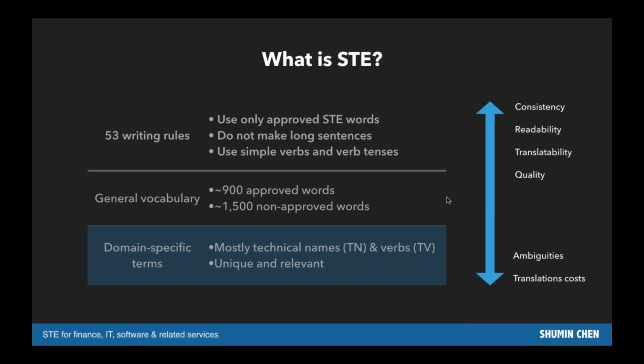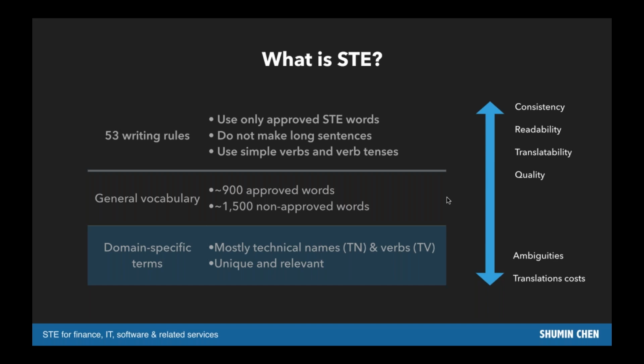Now, I have over the years been asked this question, what is STE? Some people see it as the grammar police, making sure that everybody toes the line. And actually, this is not the kind of answer that I would give where STE is concerned. There are many different answers. I won't give them all. You're always welcome to discuss this further during Q&A if you like, but one straightforward answer is that it's a